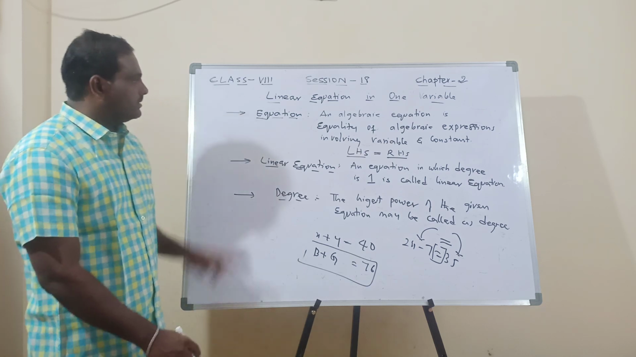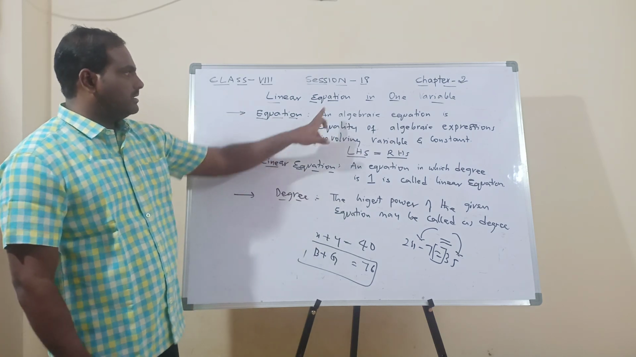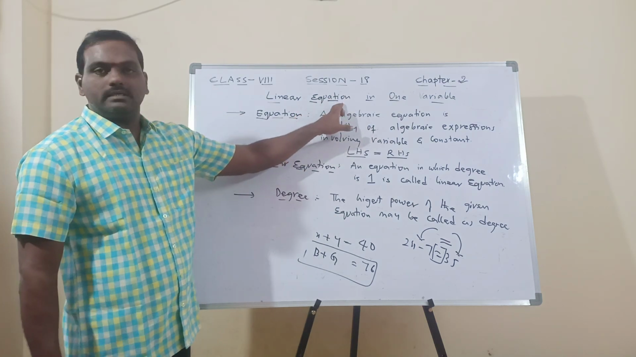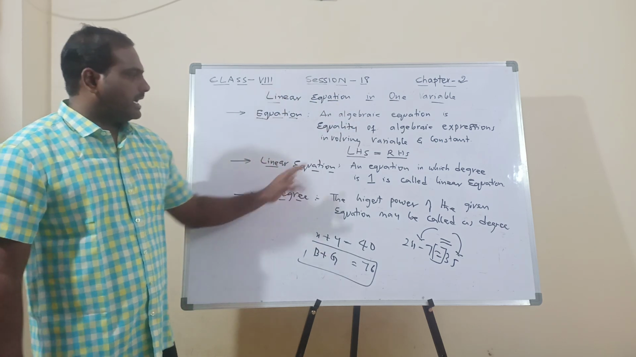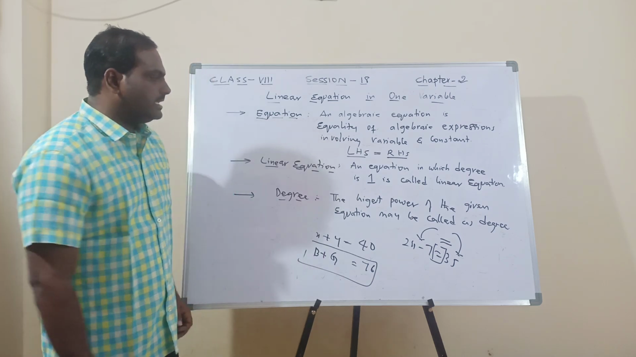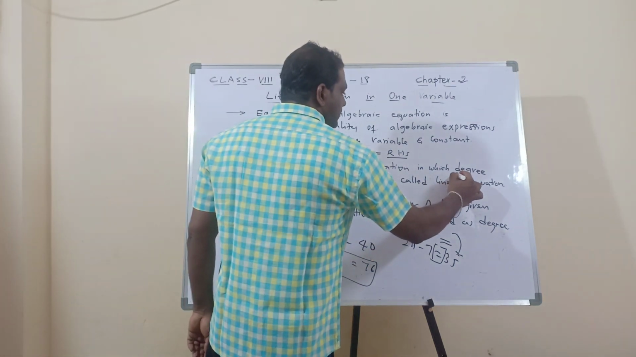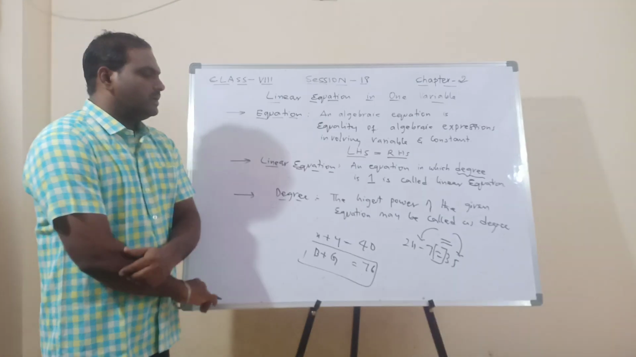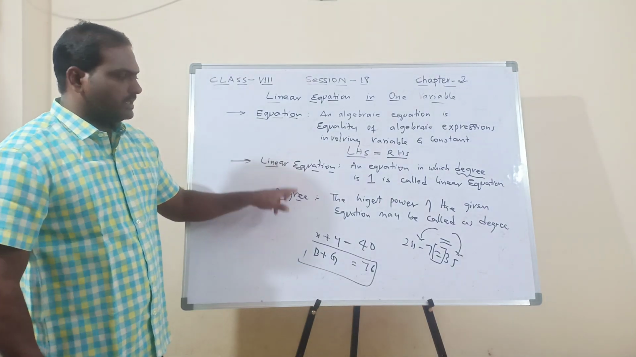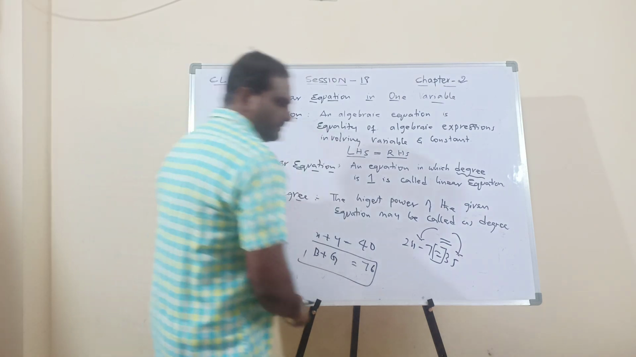Next, coming to the next point, linear. I have just given the definition of equation. Now we will go for linear. A linear equation is an equation in which the degree is 1. So what is meant by degree? Again we have to go for one more definition. Degree is the highest power of the given equation,